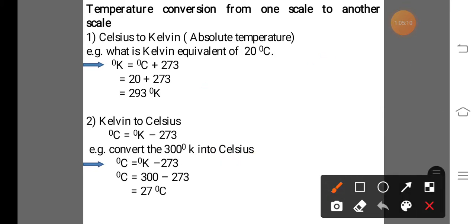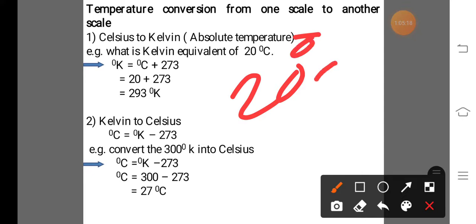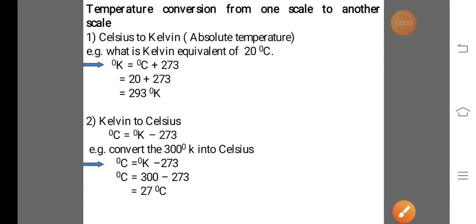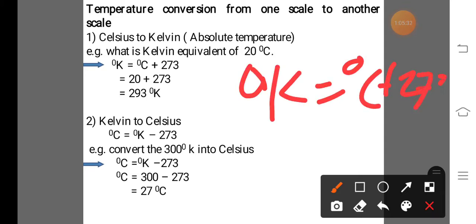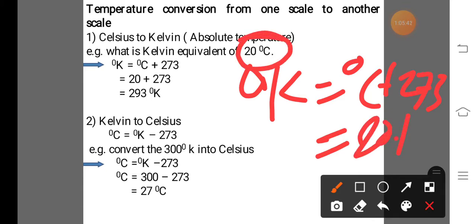So here, Celsius to Kelvin. What is the Kelvin equivalent to 20 degrees Celsius? That means when the temperature is 20 degrees Celsius, it is equivalent to how much degree Kelvin. So first, write the formula. The formula is degree Kelvin is equal to degree Celsius plus 273, and after that, the next step is to put in the degree Celsius value. That means 20 plus 273 and the final answer is